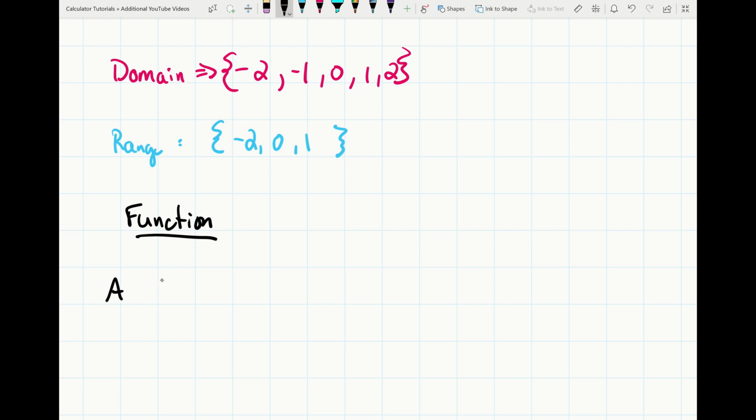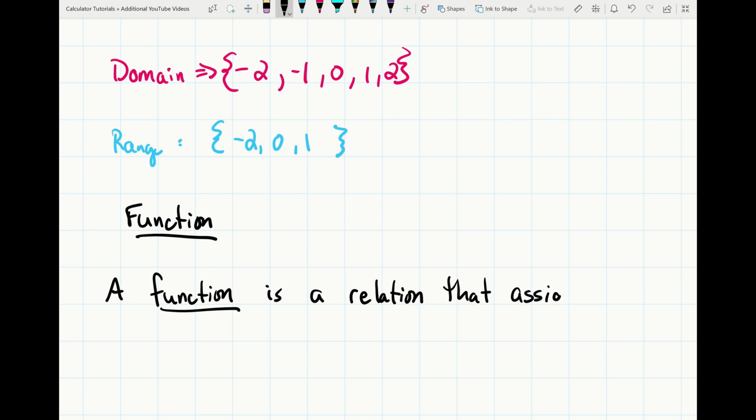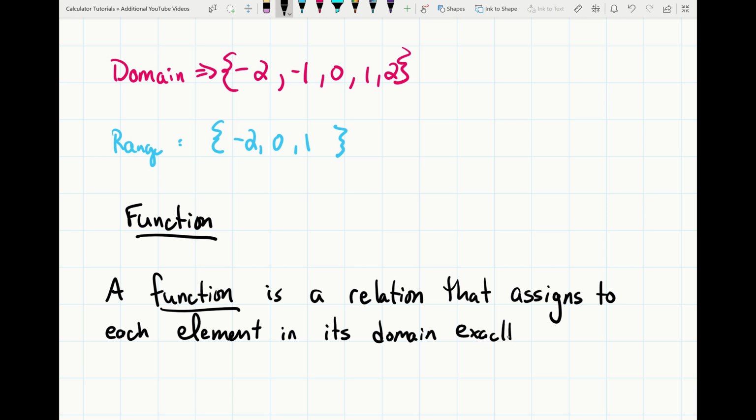A function is a relation that assigns to each element in its domain exactly one element in its range. Okay? So, more simplistically stated,